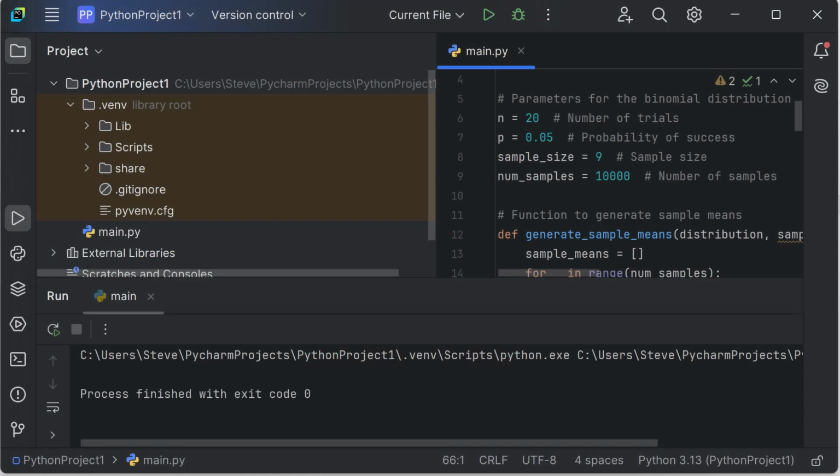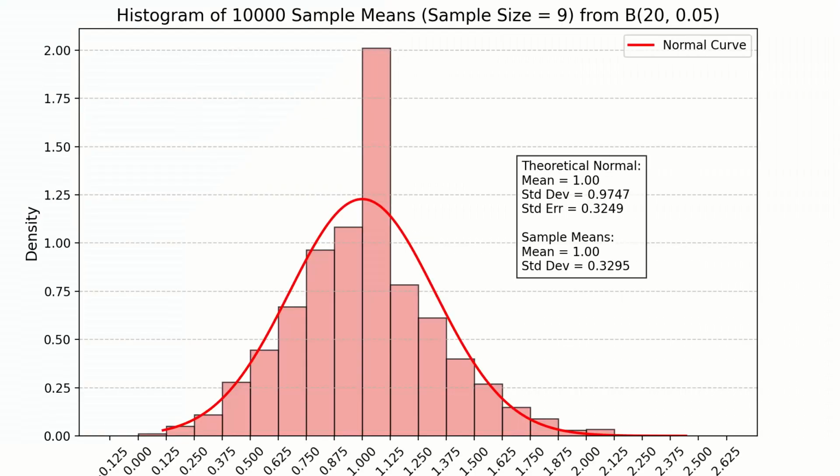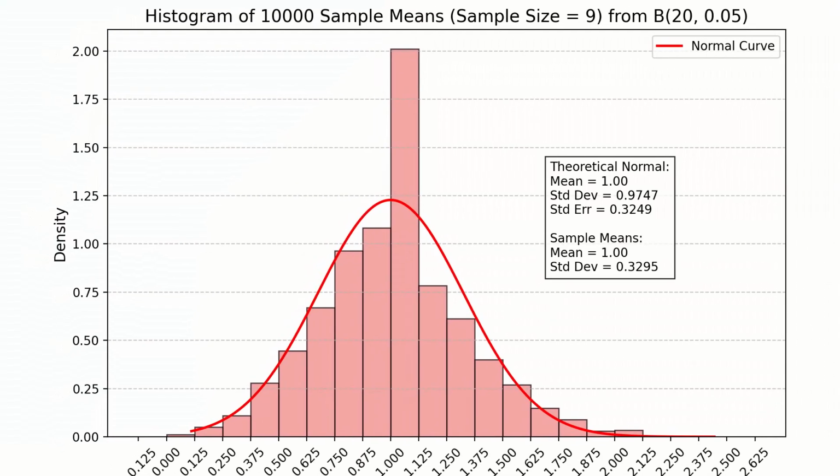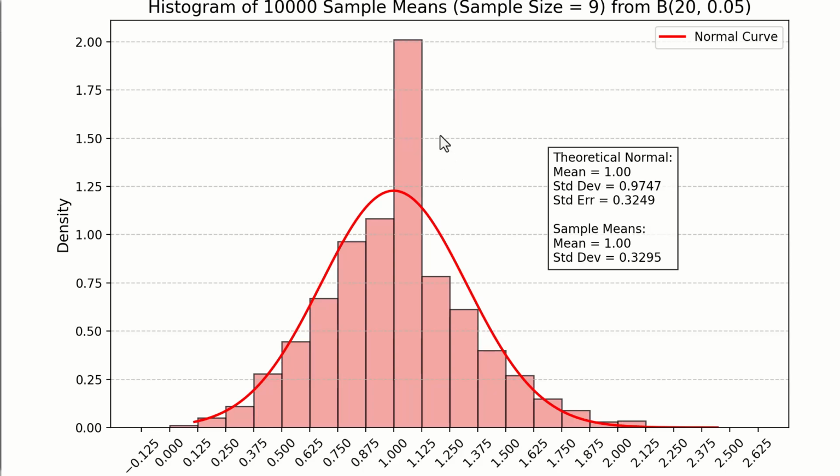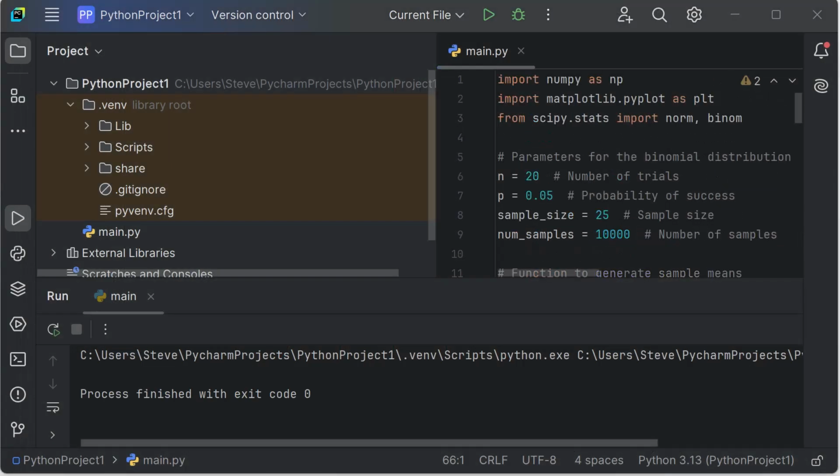Let's just do another one. Even with 10,000, we're going to get some sampling difference. I can't see a whole lot of difference, and this is slightly annoying, that this big bar here in the middle, but I think it would take a lot of fiddling with the bins to make it look better than that. So I moved on now to sample size 25,